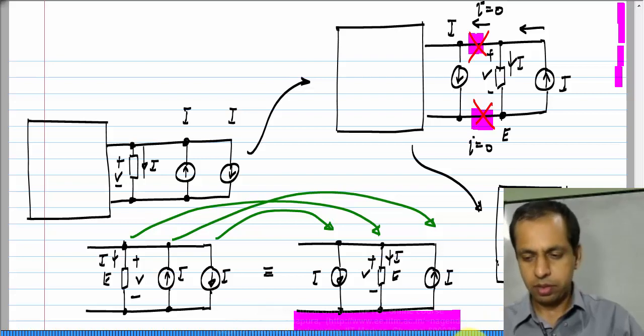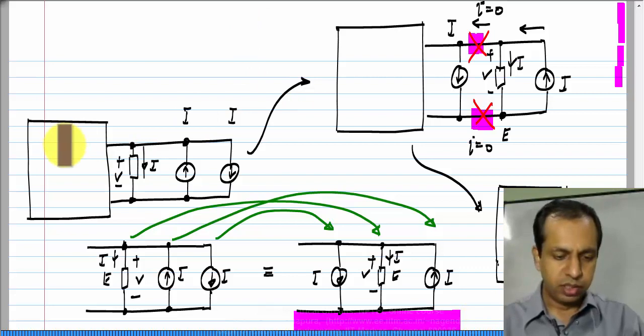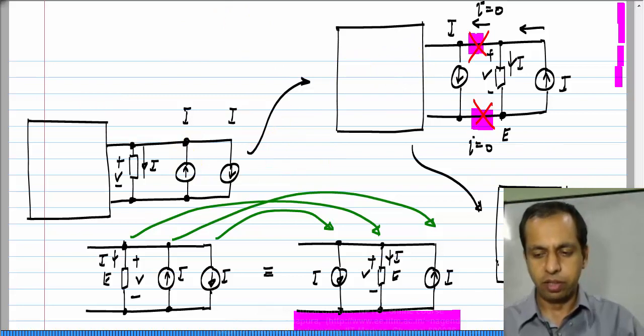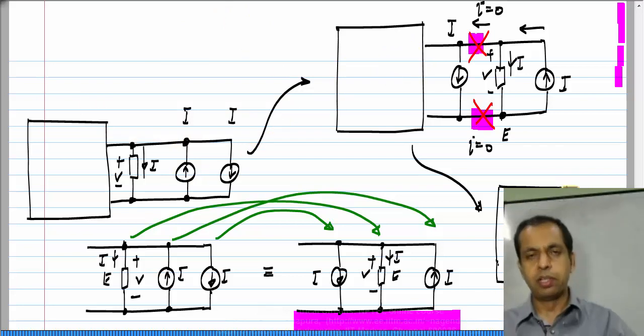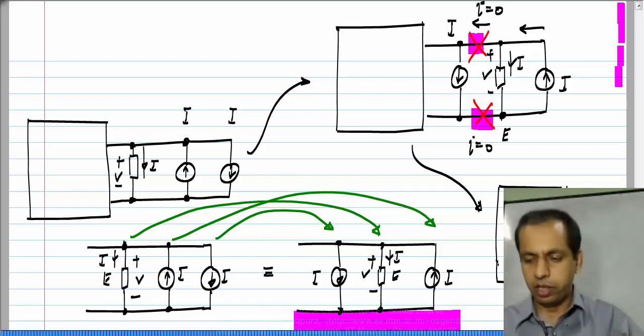Okay. Now, if you recall, this is the same as the original circuit and this is the same as this circuit and this is the same as that circuit. When I say same, what I mean is all branch voltages and currents in the circuit are the same in this case and the original case. So, clearly it follows that